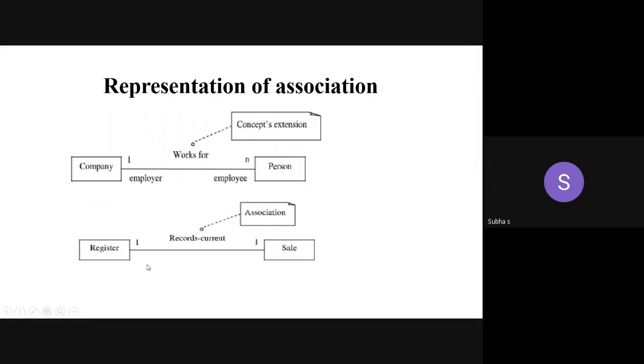Yes. So next, the second example, we have two classes, the register class and the sale class. Which case study is this class diagram related to? You have two classes, register and sale, so automatically it is the next gen POS, the point of sale system.